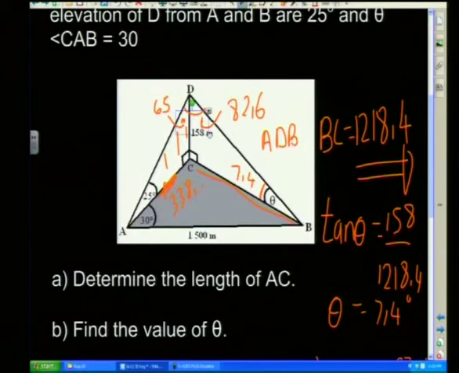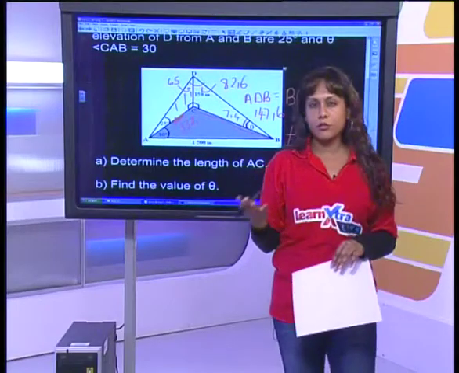ADB is, so 65 plus 82,6, this will give you 147,6. All right, so as I said, I just gave you pointers on how to do that question